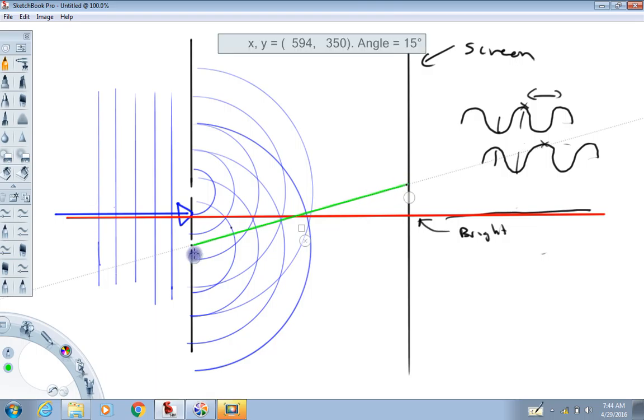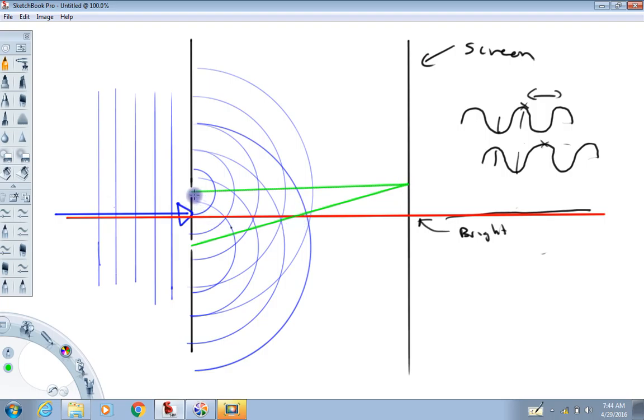The distance from the second opening to the same point on the screen is this distance. And hopefully, anybody in the class now or anybody watching this video will notice that the second distance that I drew is less than the first distance, right? The difference in distance,